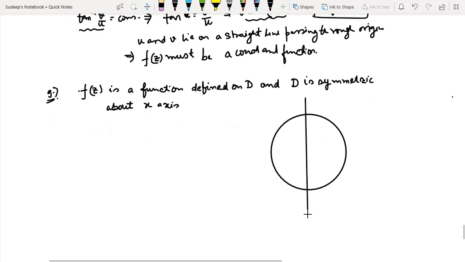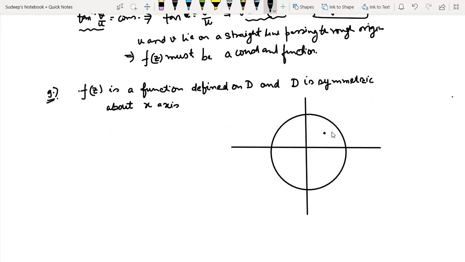I'm going to explain what is symmetric along. I think this is quite evident, but also quite clear. But just for the sake of doing it, I'm doing it so that you don't get confused. Okay, so now see, if f(z) is a function defined on D and D is symmetric about x-axis, it implies